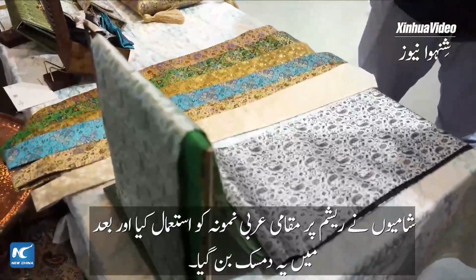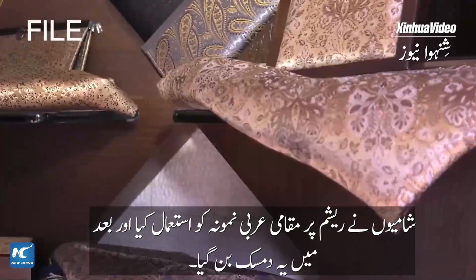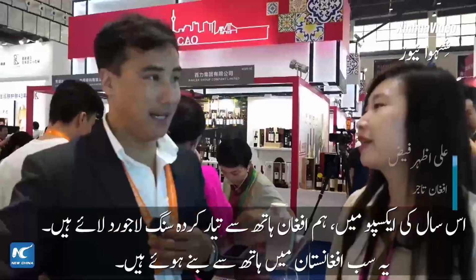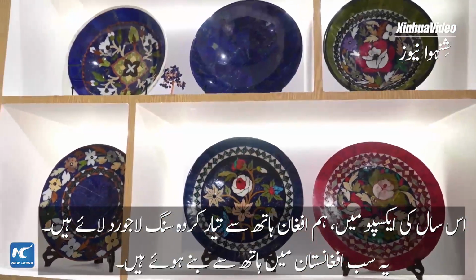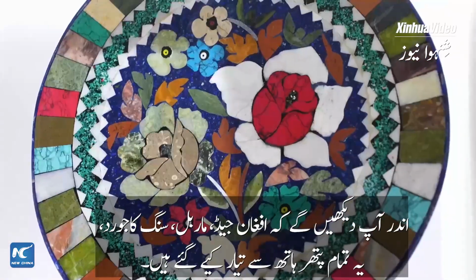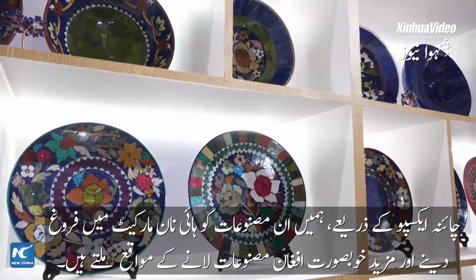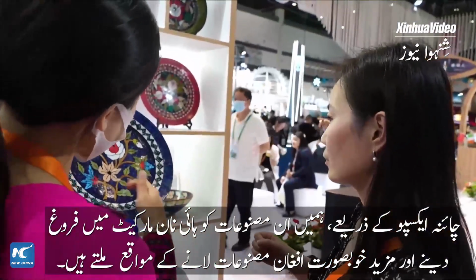Consider Import Thailand brings new products, Damas, into the Hainan Expo. Series put the local Alaqa pattern on the suit. Later it became damask. This year, Xiaobohui, we bring Afghan handmade lapis. These are all handmade in Afghanistan. Inside you see there is Afghan jade, marble, lapis lazuli. All these stones are handcrafted. By the Hainan Expo, we get the opportunity to promote this product in Hainan market and get more opportunity to bring more beautiful Afghan